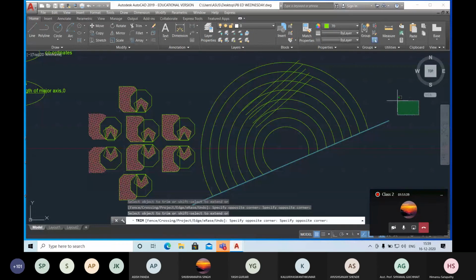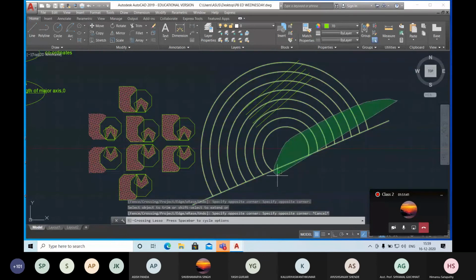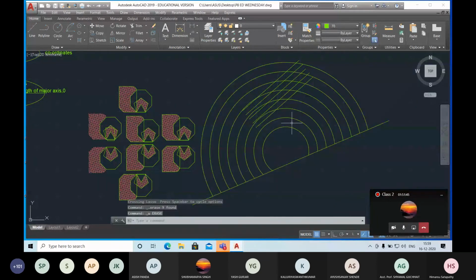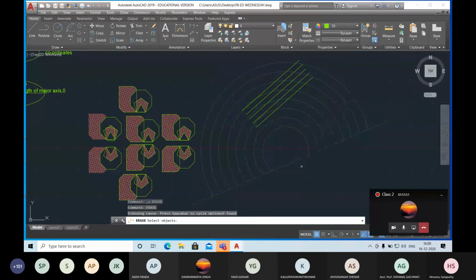Similarly, if you want to erase the drawing, then the command is erase, E-R-A-S-E. Select the drawings, then press enter, and they are automatically erased. Similarly, if I want to extend this line, there is an option.